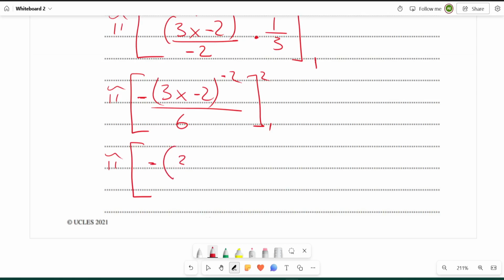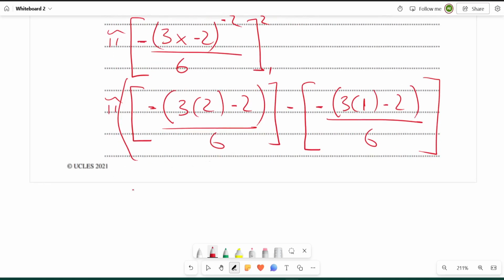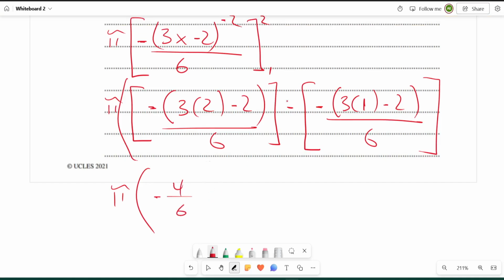Negative 3 into 2 minus 2 over 6. Okay, and then this pi is multiplying everything, minus negative 3 into 1 minus 2 over 6. So this is going to be pi into minus 3 times 2 is 6, 6 minus 2 is 4, so minus 4 over 6, and then minus times minus is plus, and this is going to be 3, 3 minus 2 is 1, so it's 1 over 6, and over here, this is going to equal